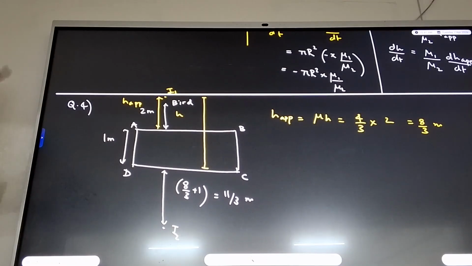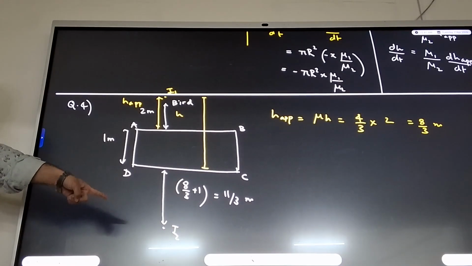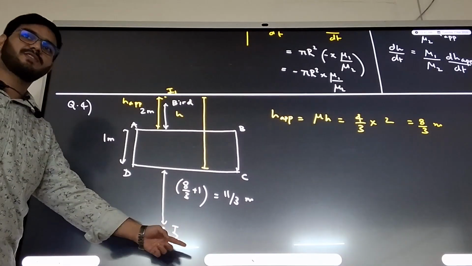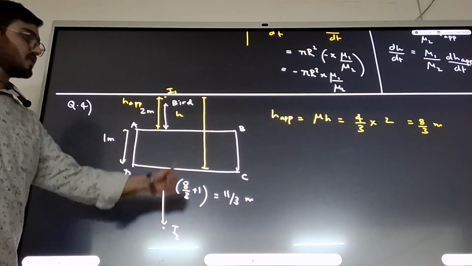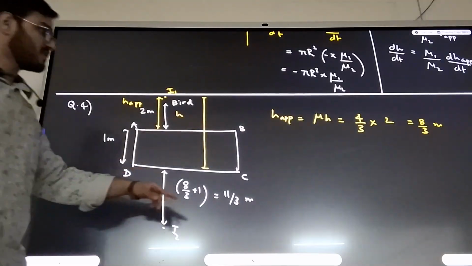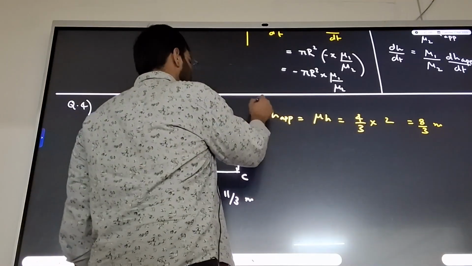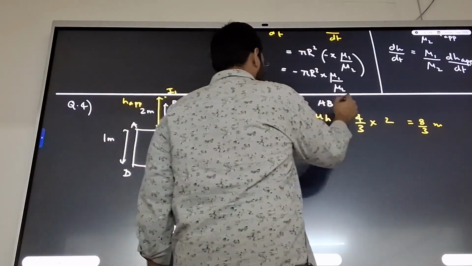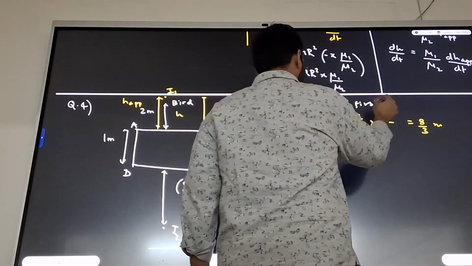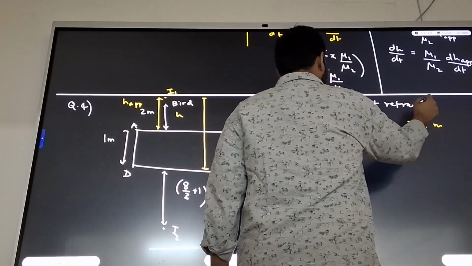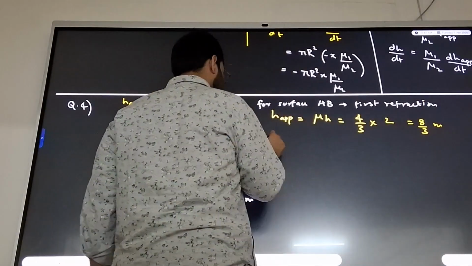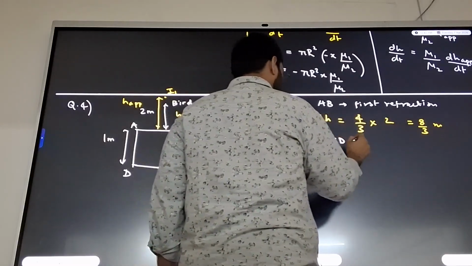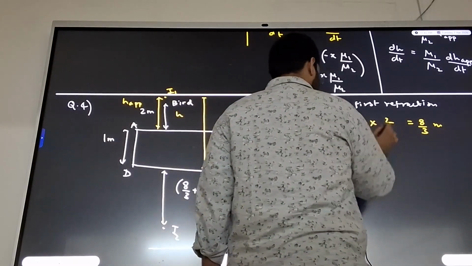This is my second virtual image now. How will this second virtual image act like? Object. A second virtual object. For what surface now? For the AB surface. So let me write all of these things. For surface AB, first refraction. Then for surface CD, first reflection,